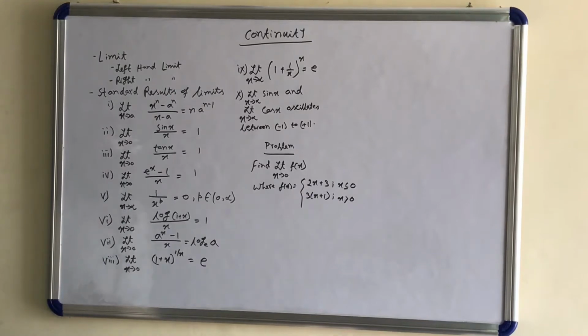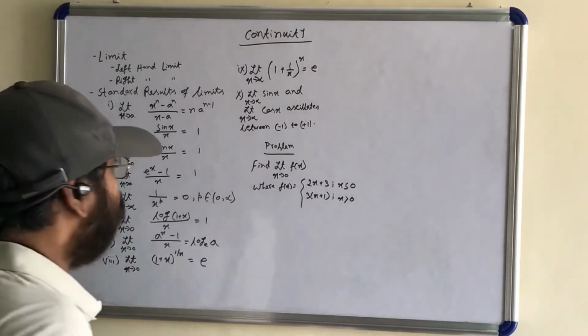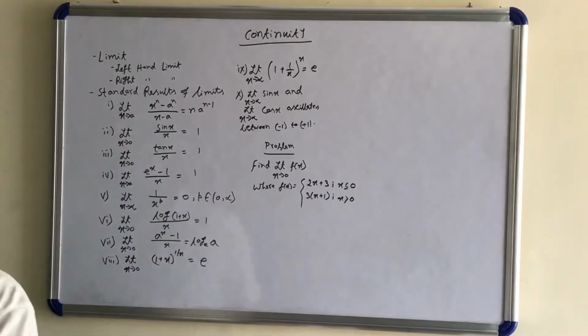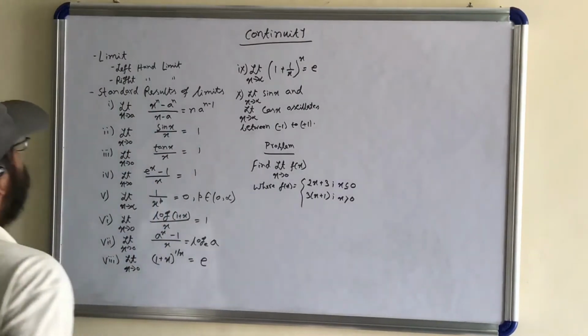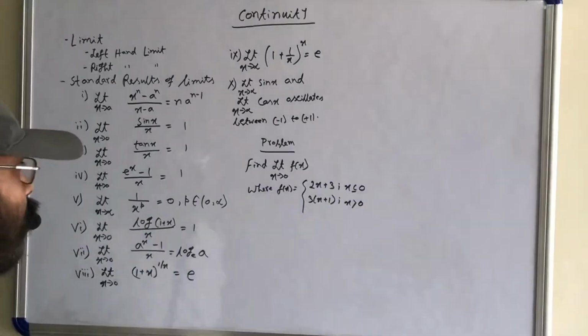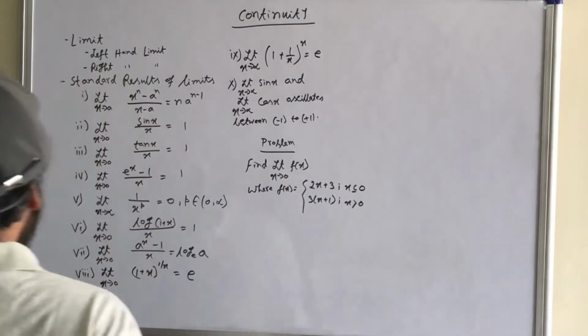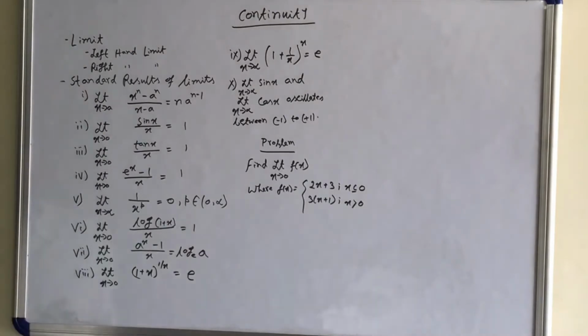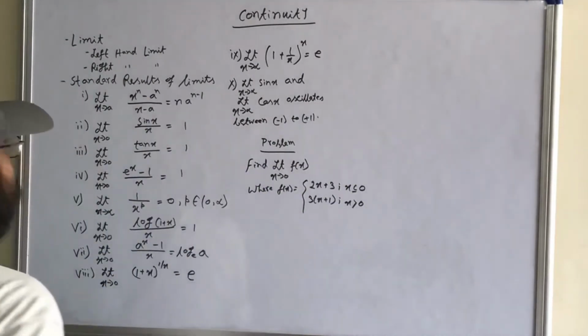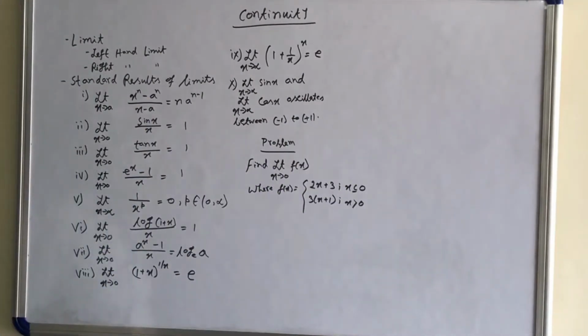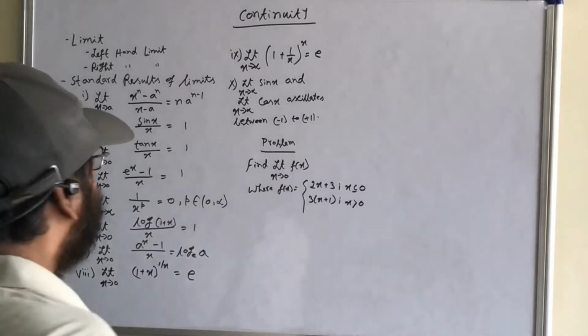Today I will be starting continuity. Before starting continuity, first thing is that in class 11 you have read about limit. It requires a recapitulation on limit. Since we are taking the course on continuity, you should have a very clear concept of limit itself. The term limit, the word limit, is clear. It means there are some limits.